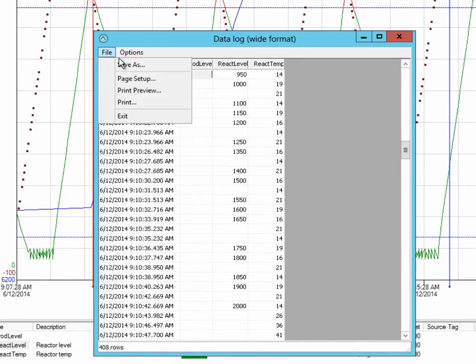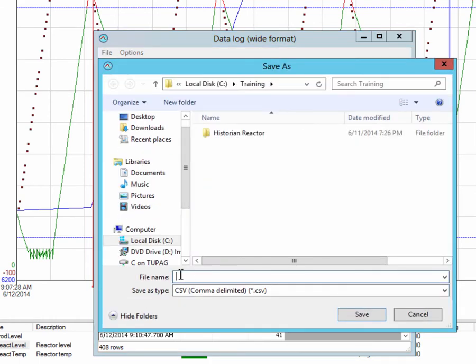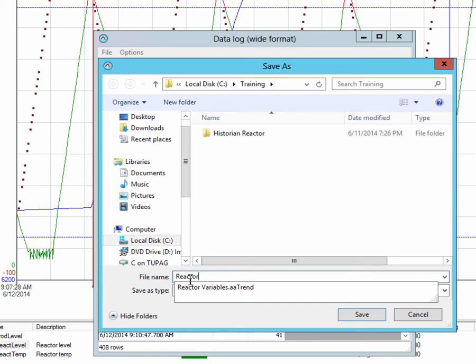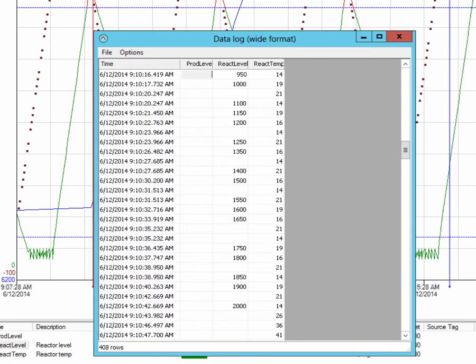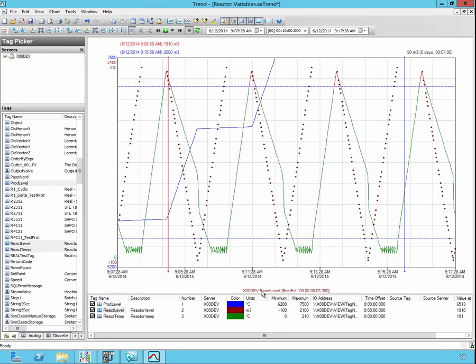So let's click on File and Save As, again under the training folder, and we are going to change the name to Reactor Report, by default .csv. Let's save it, close it, and let's take a look at the statistical information of the tags that we have